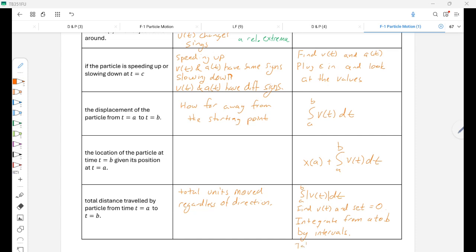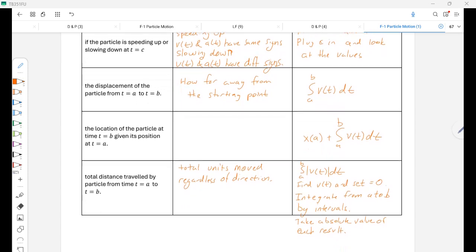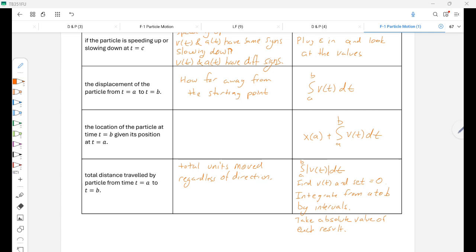And then you need to take the absolute value of each result. Find the zeros, break it up into intervals based on those zeros, integrate, and everything's positive. That integral is telling you how many units you've moved to the left or the right. So take the absolute value of it because we don't care,